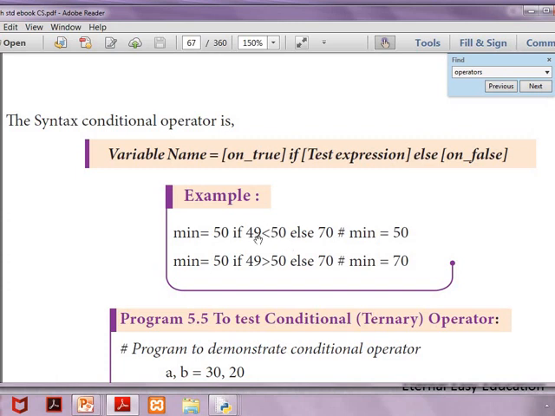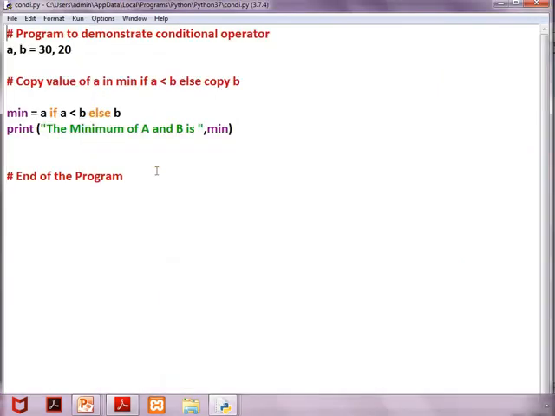If the condition is true means 49 less than 50, so minimum value is 50 or else, we'll check with the example. So the format is variable name equal to on true value if followed by the test expression, else on false. We'll see with the example.